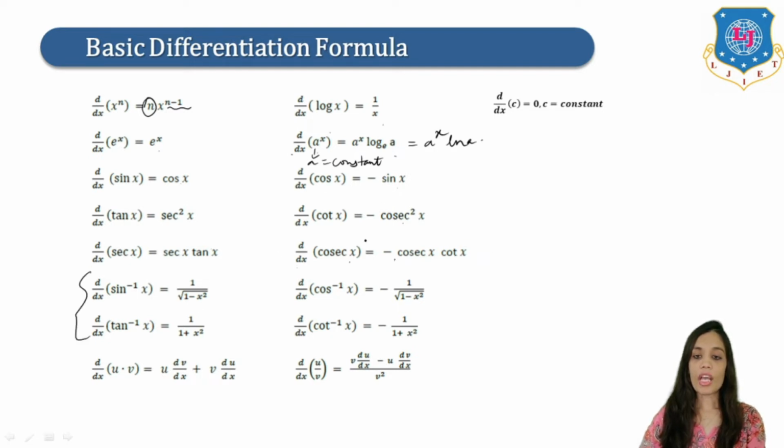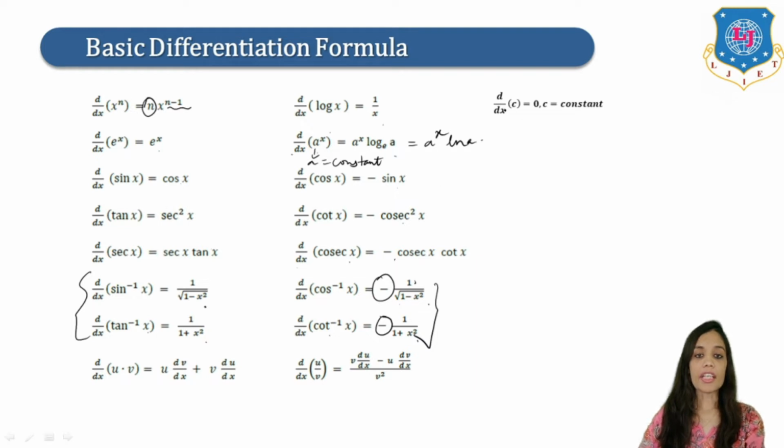Now, these four are the formulas of inverse trigonometric functions, right? So, derivative of sine inverse x is 1 upon square root of 1 minus x square. And derivative of cos inverse x is the same, just here minus will come. So minus 1 upon square root of 1 minus x square. Derivative of tan inverse x is 1 upon 1 plus x square. And derivative of cot inverse x is minus 1 upon 1 plus x square. So only here minus will come, right? These both formulas are the same with only a minus sign, right?